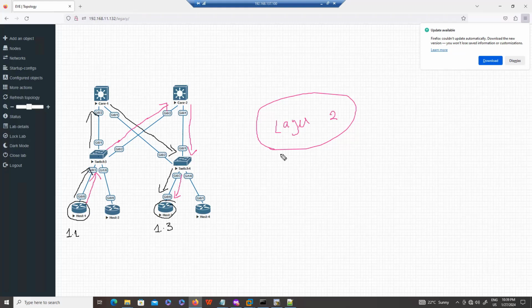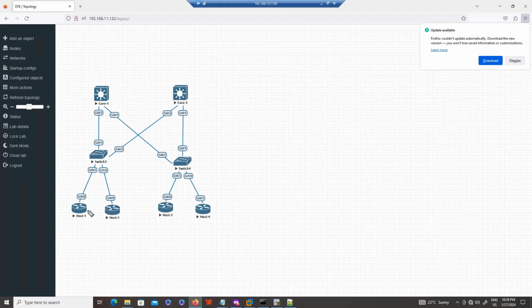By default, a switch forwards the traffic based on what? Based on the destination MAC. Let's understand, guys. This is my system. When this system sends traffic, it uses a source IP. This is a layer 3 header, and then there is the layer 2 header. In the layer 3 header, the main thing is the source IP, 192.168.1.1.